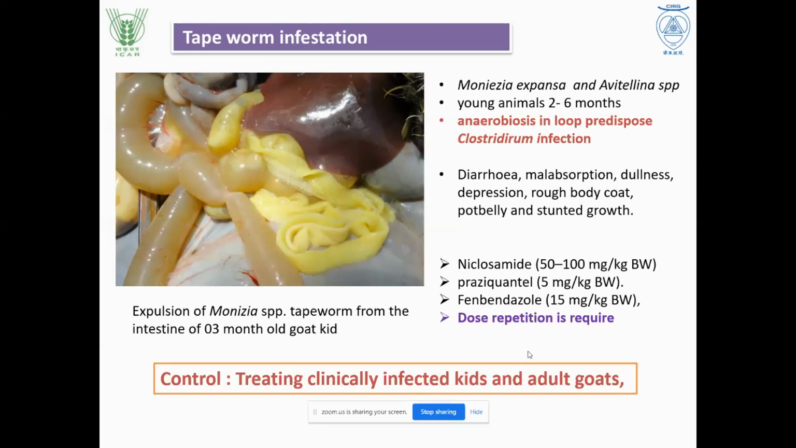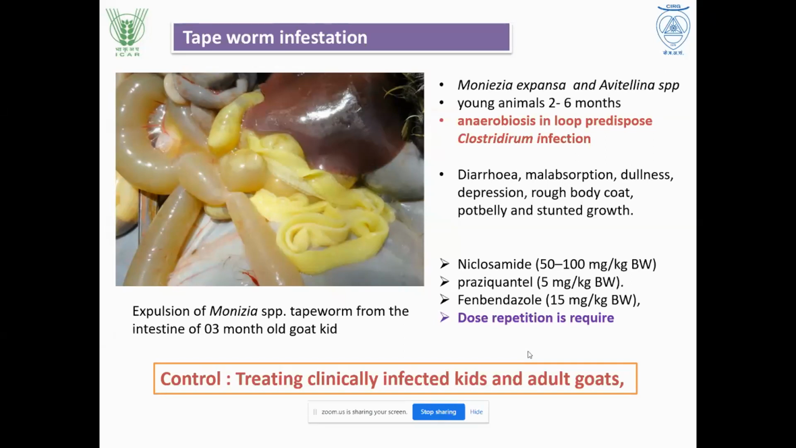So the animal becomes weak, with poor growth, and is not responding to the treatments. What we observe in tapeworm infestation is that when the tapeworm occupies the space in the intestine, it creates anaerobiosis. This anaerobiosis is suitable as a predisposing factor for Clostridium infection. So an animal with tapeworm infestation is more liable to Clostridium infection because of the anaerobic loops